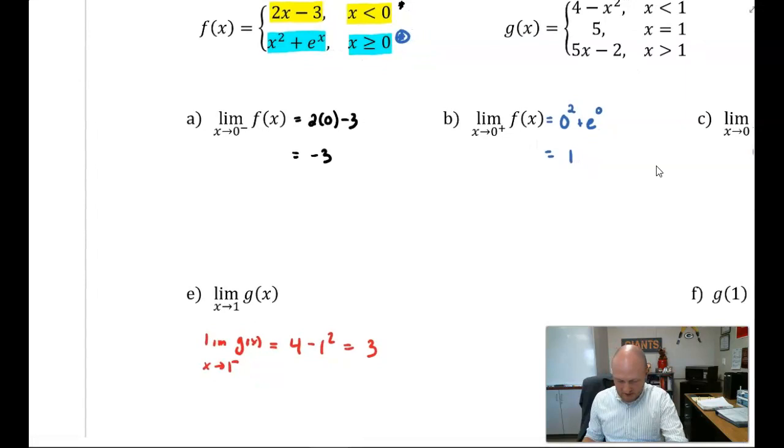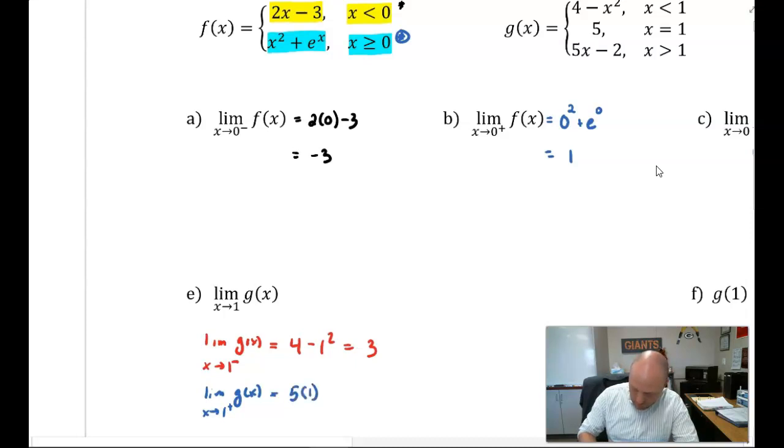So the limit from the left is 3. Okay, how about the limit from the right? The limit of g of x as x approaches 1 from the right, I plug in 5 times 1 minus 2, and this gives us 3. Hey, the left and the right, they're equal. They're both 3. Right on. So our answer